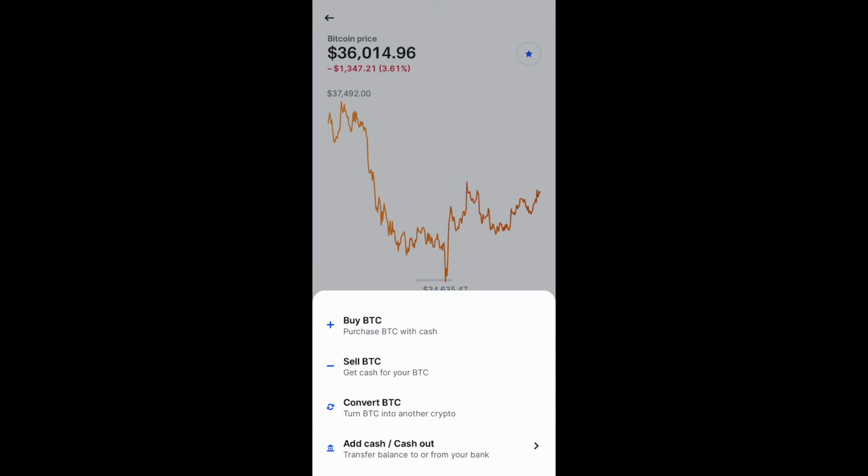So now you have 4 different options: buy and sell the Bitcoin, convert the Bitcoin into another crypto, which is another feature that you can use. Once you have already owned the cryptocurrency, you can actually convert that into another crypto, which is really good because this actually avoids the Coinbase fees. Like I said before, 1.5% to purchase and 1.5% to sell approximately. And if you think about it, that's actually a lot of money if you're making even a couple of trades a week. And you can see here you can cash out the balance, but we're going to go ahead and